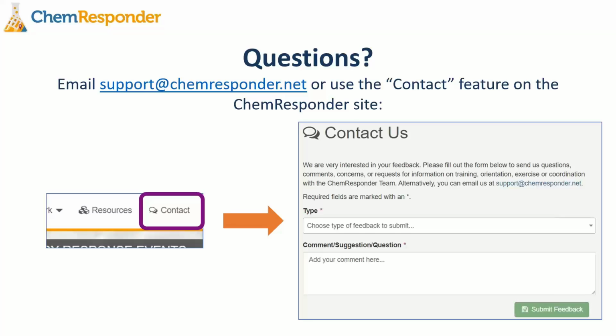So if you just want to work alone, you can create your own event and carry out the drill by yourself. If you want to coordinate internally with your own agency, that's fine too. You could create an event, have all of your personnel in that event,